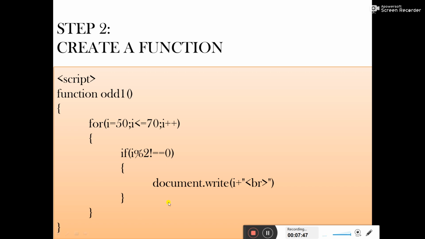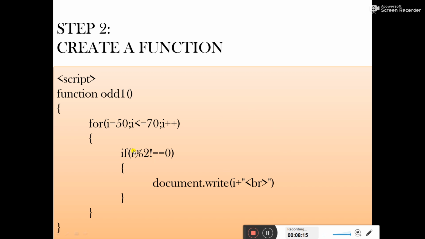So here we need to check that the remainder of this division is not equal to 0. This is the not equal to sign. Okay, exclamation and double equal to, this is the not equal to sign. Okay, in comparison operators, this is the not equal to sign. So if we want to compare some value which is not equal to 0, we require this symbol, that is exclamation and double equal to.